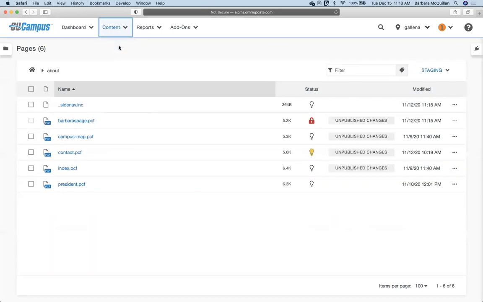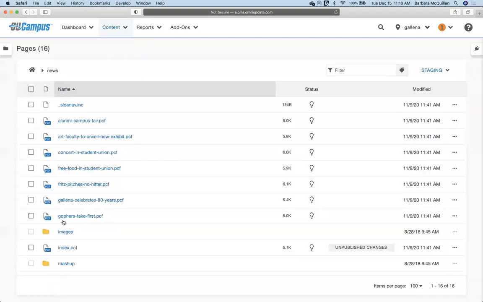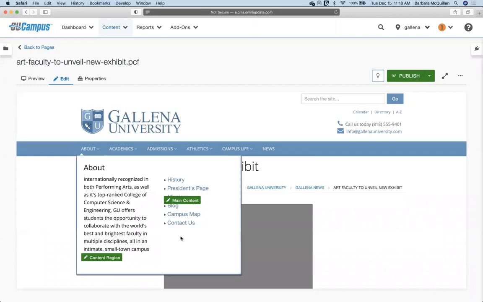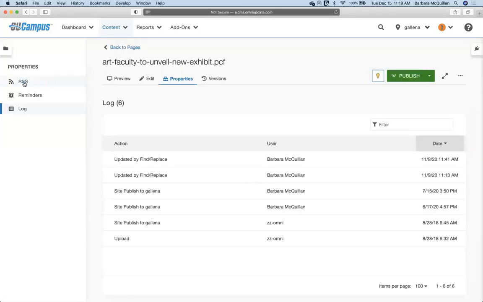Another special note when you are editing pages: sometimes your content editors may need to edit news pages. So if I take a look at a news page, let's take a look at this article here. My levels 1, 2, and 3 do have the ability to edit the content of this page, but they also, let's check it out and go to properties, have a way to make edits to the RSS